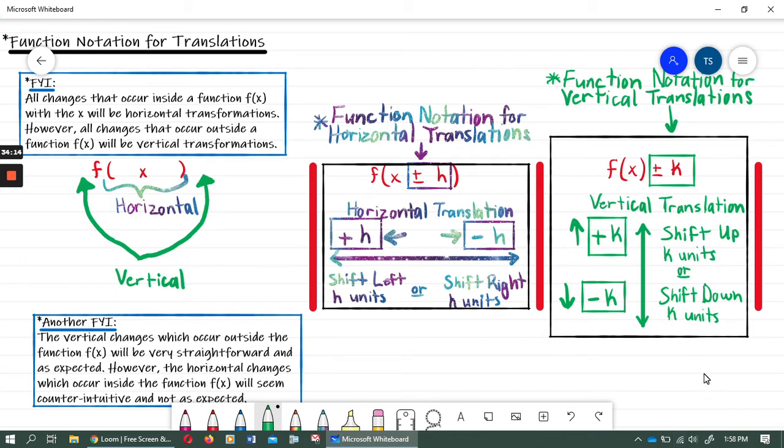So we're about to start looking at different types of examples of how this actually looks with the function notation, and how those actual equations will be written. Okay, and then after we show you these examples,